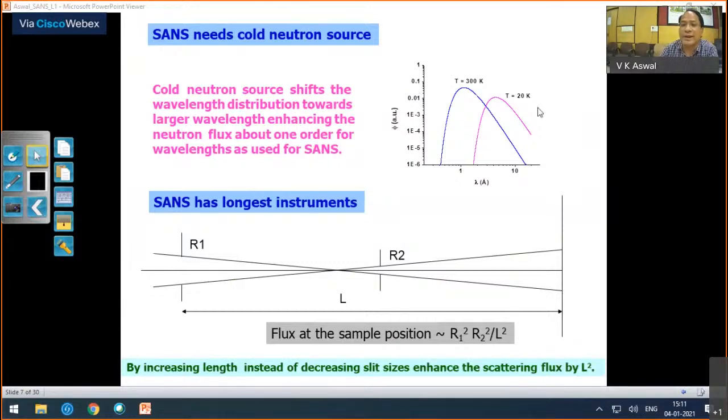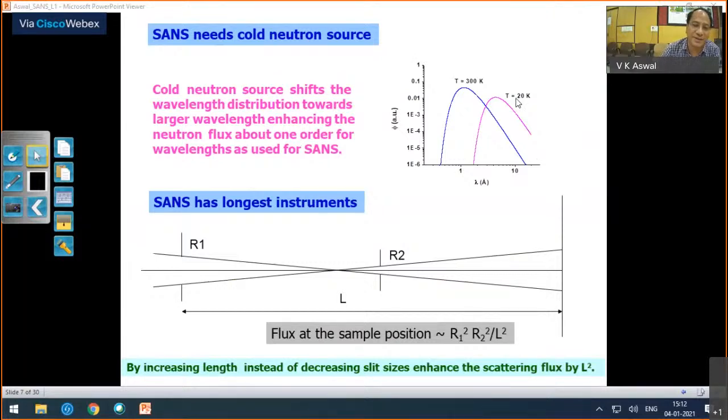Okay, so particularly in the case of small angle neutron scattering, where you have the requirement to go to higher wavelengths. If you use a cold source, such as a cold source at 20K, compared to the thermal distribution of neutrons at room temperature, you can see for higher wavelengths, there will be at least one order gain in the flux. So that's why you have to use cold neutrons in the case of SANS,